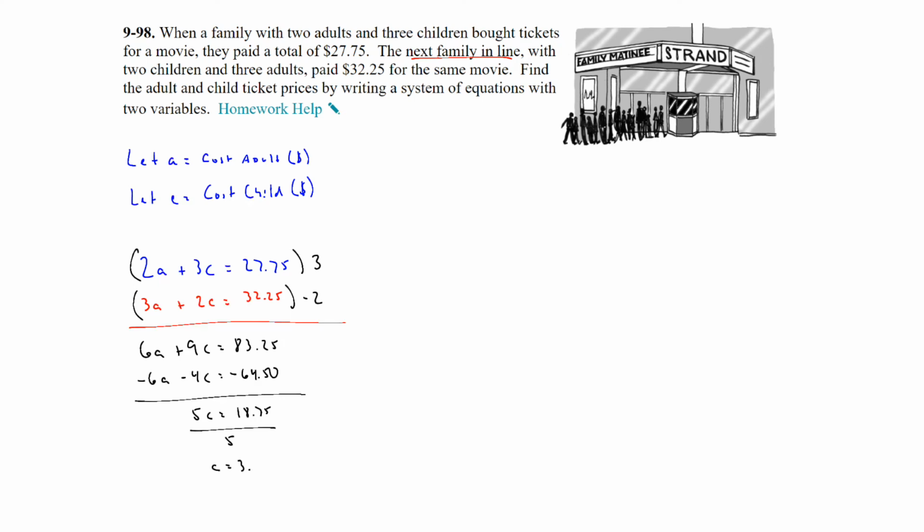And we get $3.75. So it wants us to find the adult and the children ticket prices. So we've got to go ahead and find the adult by plugging that back in. So 2a plus 3 times $3.75 should equal $27.75. So 2a plus $11.25 is equal to